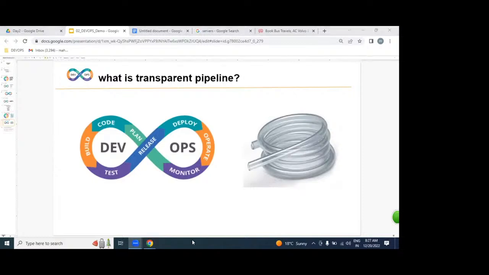If you get any issue here, for example, any problem or any error that occurs in the middle of this pipeline, by one look itself, can you see where the problem is or not? And as soon as possible, can you fix this issue or not? The same way in the DevOps process also.